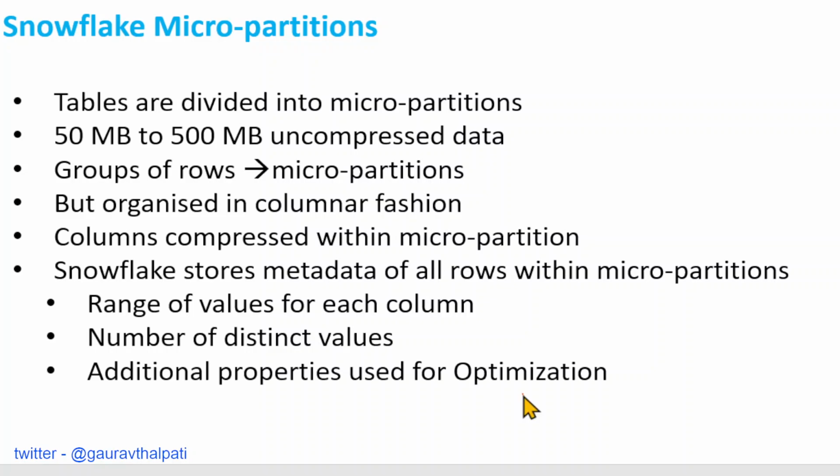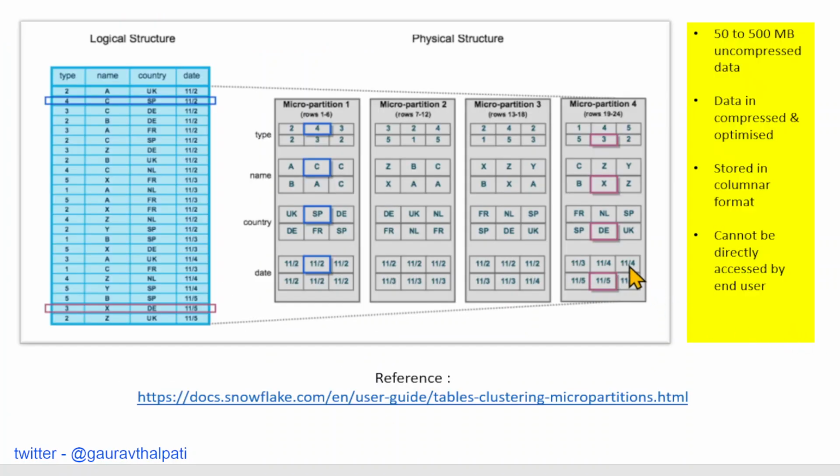So moving to the next slide. Let me just go to the next one. Yeah, so this is where we'll go through how a micro partition looks and how the data is stored. This diagram is directly from the Snowflake side. I've given the link for reference. You can go and have a look there. And I'll try to break this down in a simpler way so that everyone understands what it is.